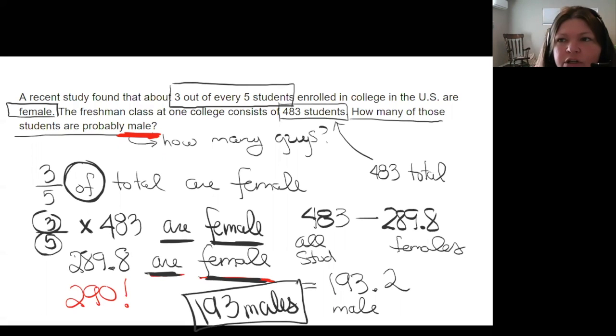Wonderful. When you look at the list of skills that are on the GED test, they actually put this one under basic math. I put it under data analysis, whatever, doesn't matter. But the skill they listed is multi-step ratio, proportions and percent problems. Multi-step. Expect them to not necessarily give you a straightforward problem, but it takes some reasoning like this. Like they told you about the females and you need to find the males. Or they told you how to find tax, but you don't need to find tax, you need to find the total